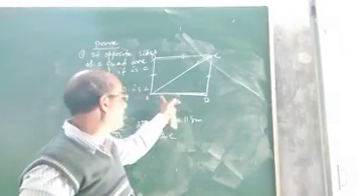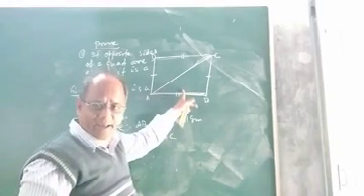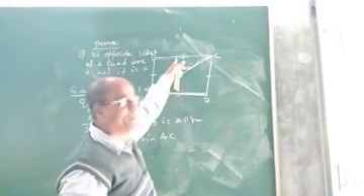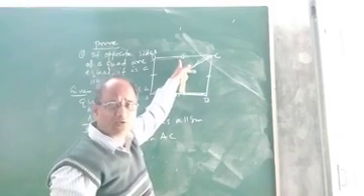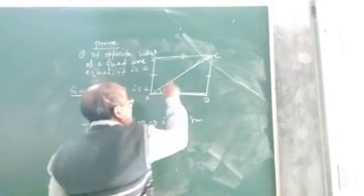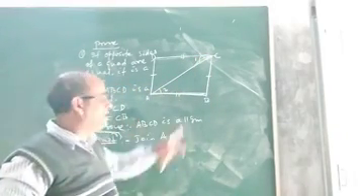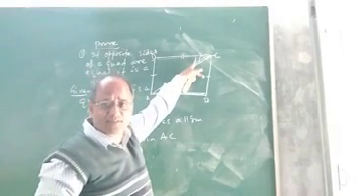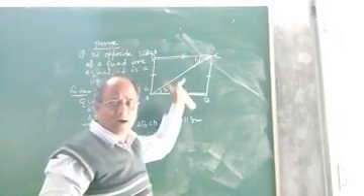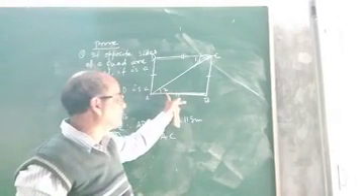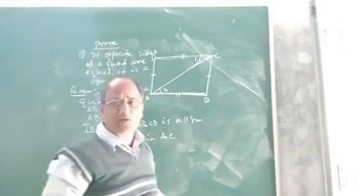So in this particular case, in order to prove AB parallel to DC, we have to show this angle and this angle are equal. Suppose this is angle 1 and this is angle 2. If by any means we can show that angle 1 and angle 2 are equal, then no doubt AB will be parallel to DC. Why?